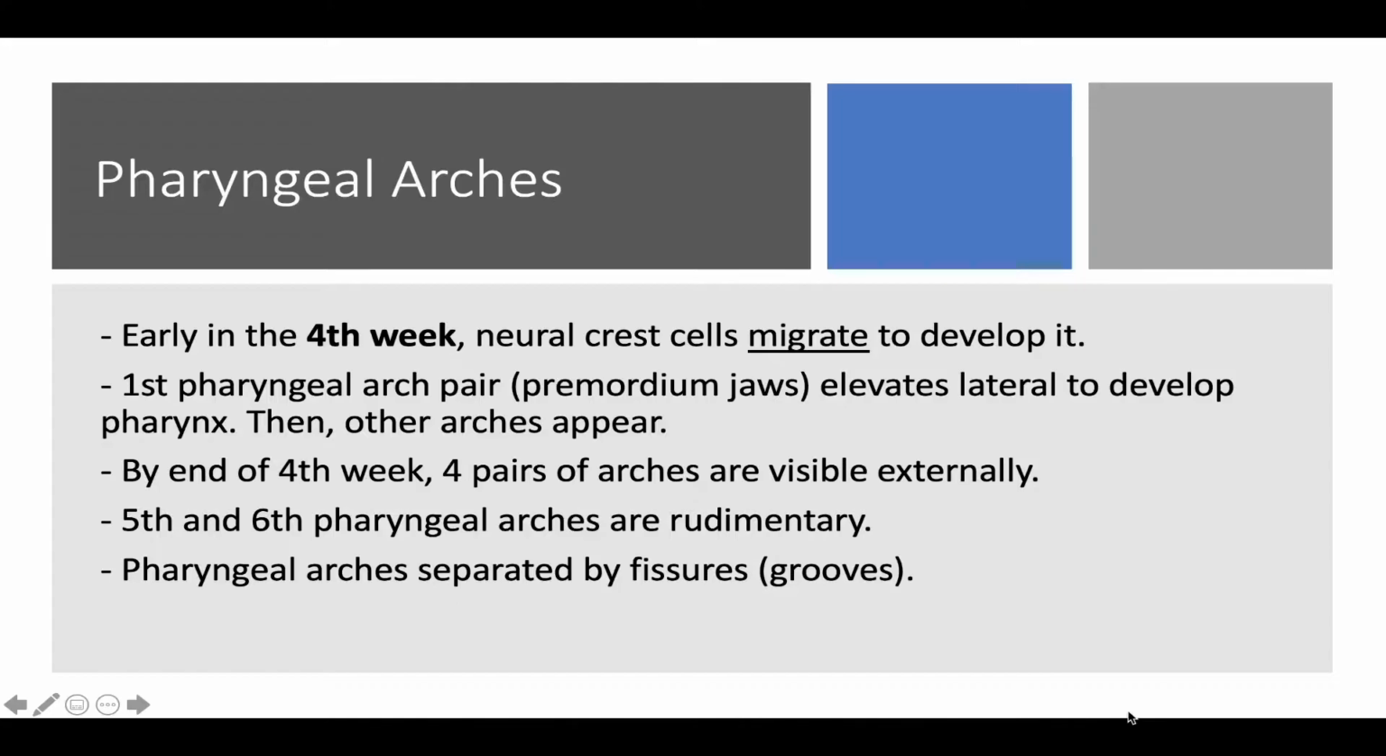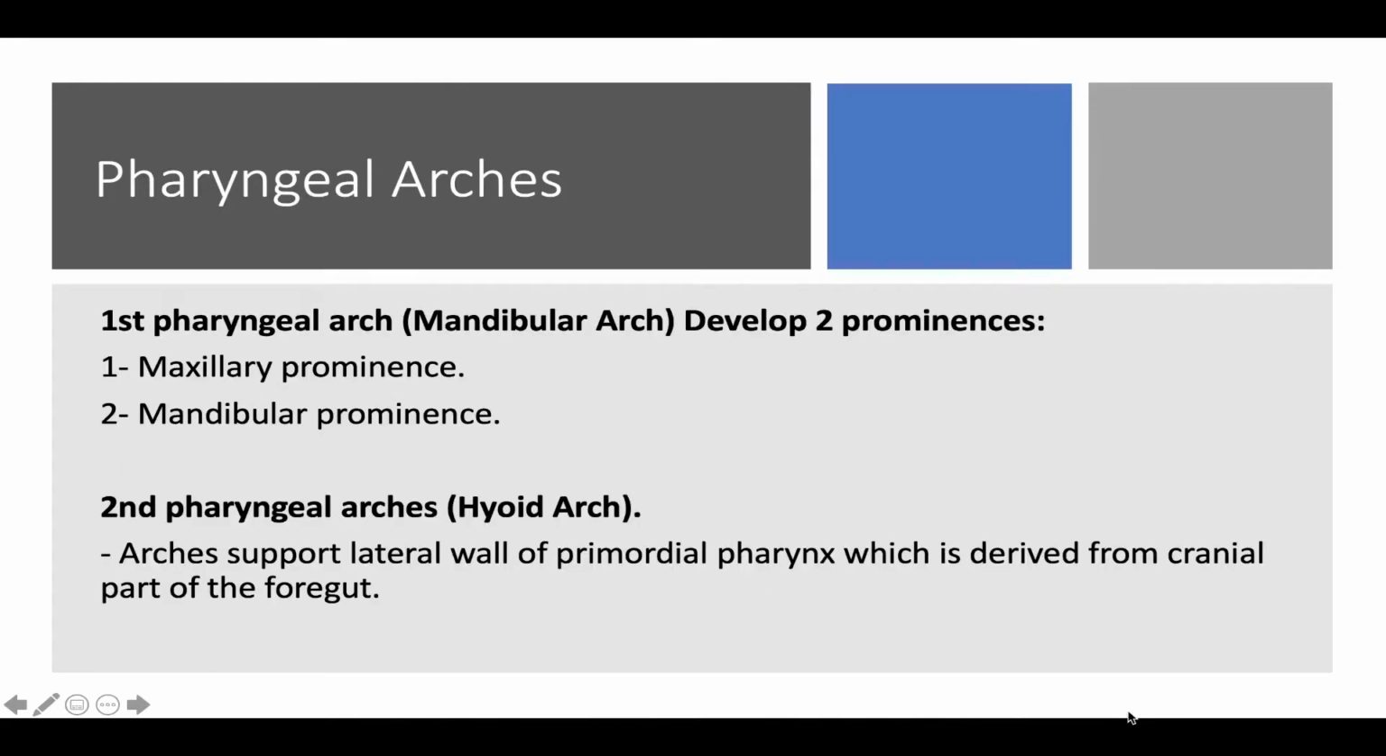The fifth and the sixth pharyngeal arches are rudimentary and not visible. Pharyngeal arches are separated by fissures or grooves. The first pharyngeal arch, the mandibular arch, develops into two prominences, the maxillary prominence and the mandibular prominence. The second pharyngeal arch, or the hyoid arch, supports the lateral wall of the primordial pharynx of the